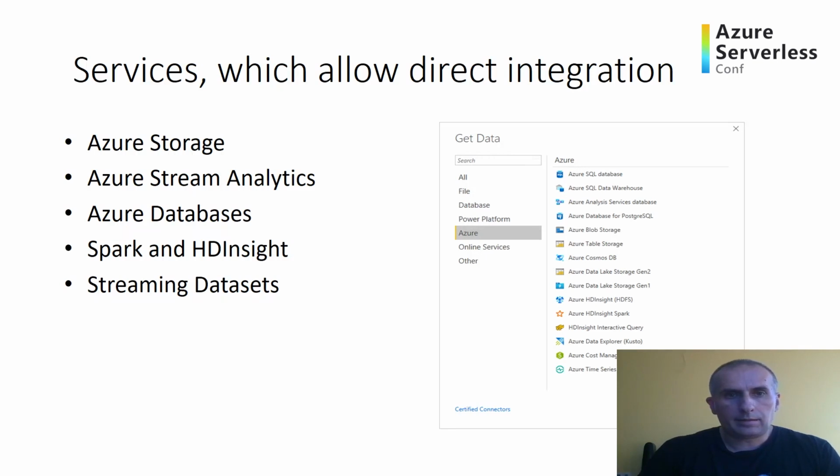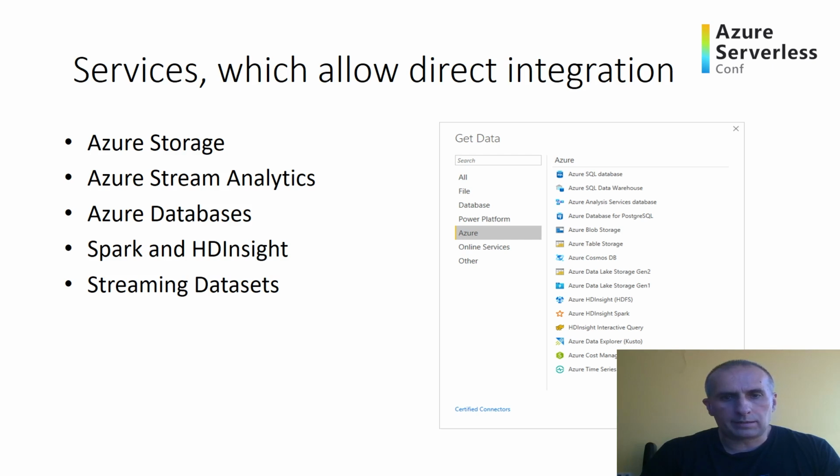CosmosDB is a database as a service which works via endpoints using a RESTful interface, so it can be integrated with any other components which support such kind of communication. About Power BI, we have some services which are useful for integration because we have direct integration. Power BI can get data directly from Azure Storage, Azure Stream Analytics, Azure Databases, Spark and Edge inside, streaming datasets,